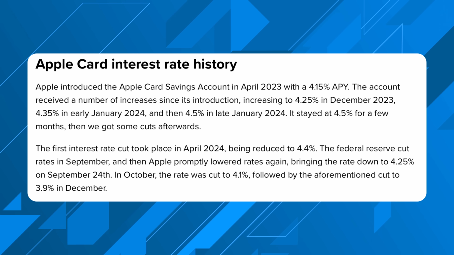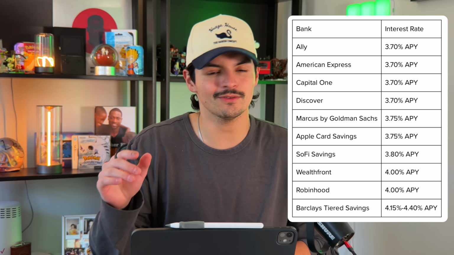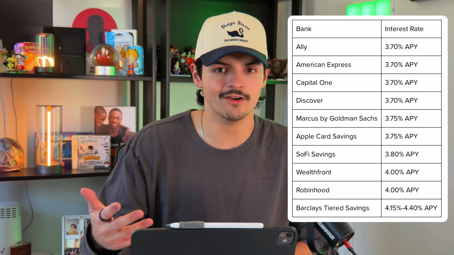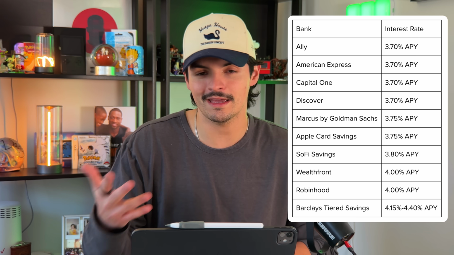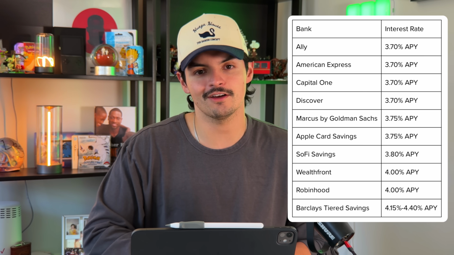It does compete fairly well with some of those other banks like the SoFis and the Allies of the world, albeit it's still kind of on the lesser end, but it's still much higher than what traditional banks like Wells Fargo, Bank of America, and those will give you. So 3.7% is not something to scoff at still. But it is crazy to think that we were at 4.5% when this high yield savings account first opened up, and now we're down to 3.7%.